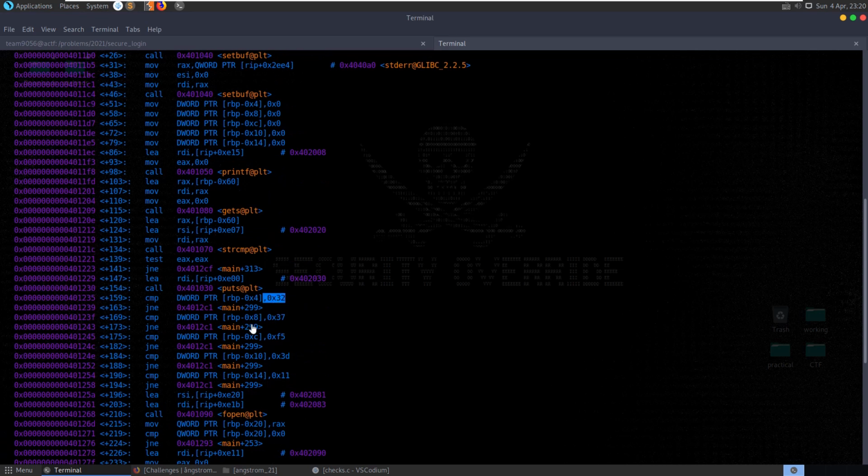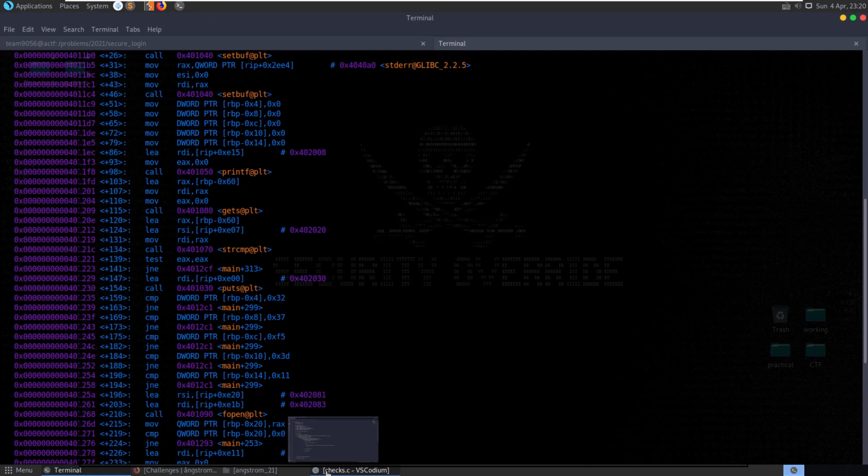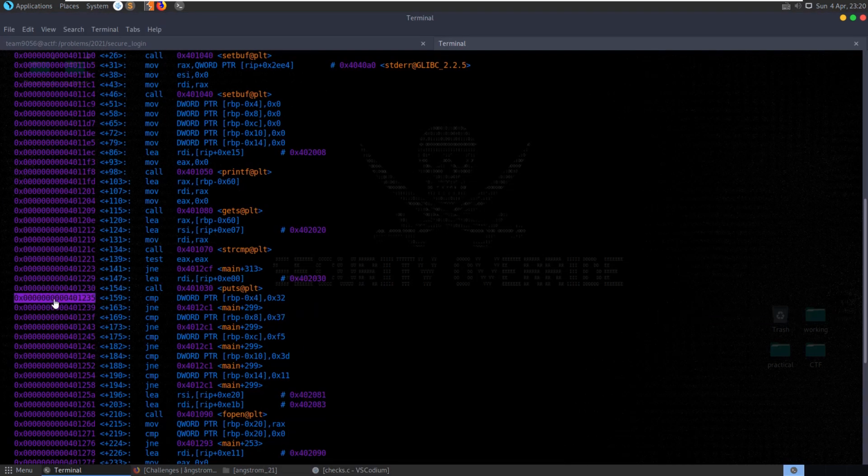So 32 in hex is 50, so that's our first check, and then we have 55 is going to be compared to 37 in hex. So we might want to set some breakpoints up here as well. Let's just set up a breakpoint at the first one. Once we get the first one working, then we can set up breakpoints at the others if we need to